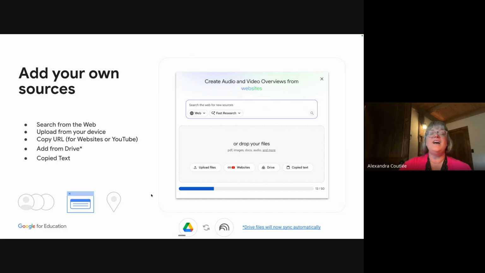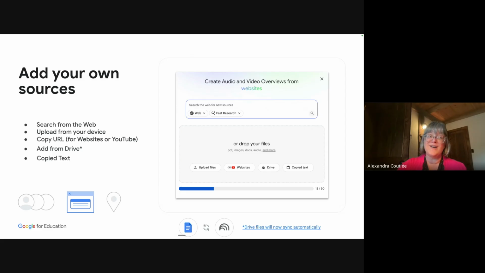A little note, and this is pretty new from about a week ago, your drive files now automatically sync. In the past, if you've used NotebookLM, when you grabbed your presentation, your Google Slides, and put it in there, NotebookLM kind of took a picture of it at the moment you uploaded it, and that was it. Now it will actually update by itself. It will sync automatically.